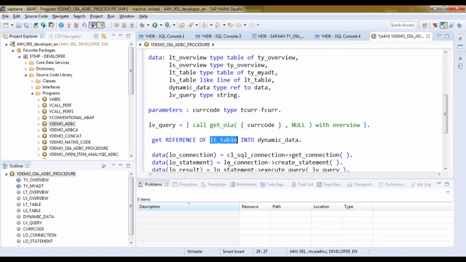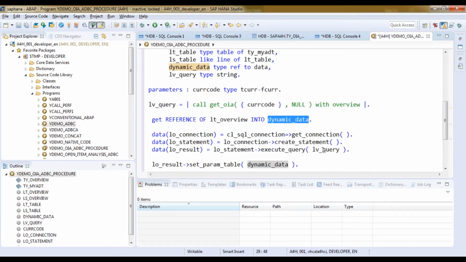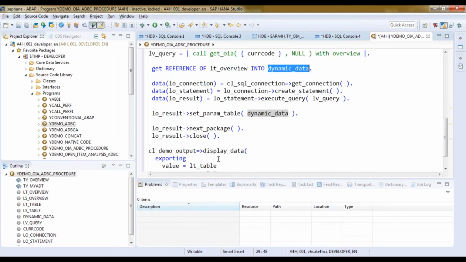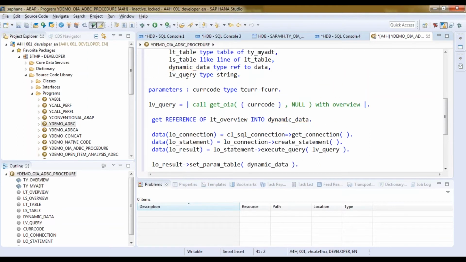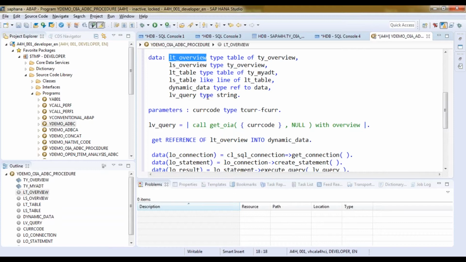So let's get the reference of LT overview in the dynamic data. And once you execute this query and map it to dynamic data and close the SQL, here you're going to get your overview table, LT overview table filled.